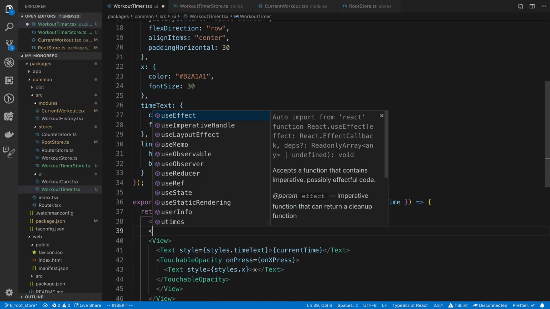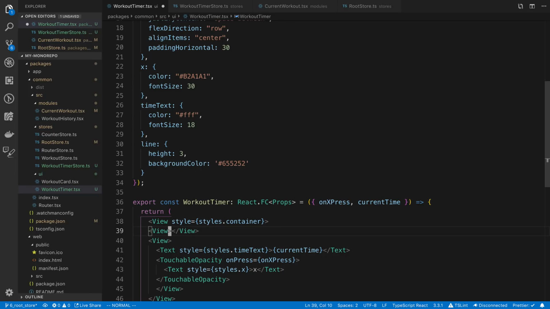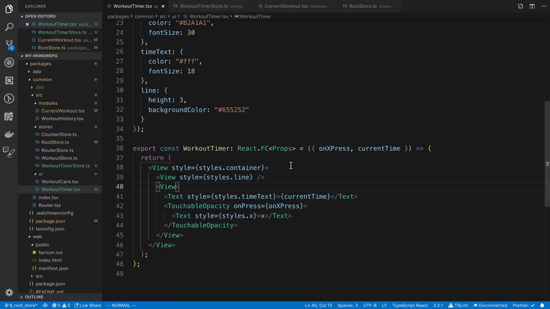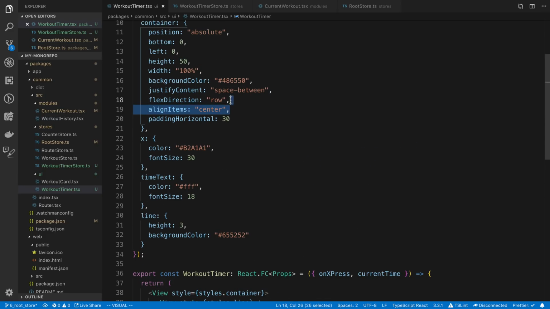And then I want to have a view up here. And this view up here is going to be the line. And it's going to sit out on top. So styles.line. So basically at the very top of the component, I want the line, and then I want this stuff inside of it. But I kind of have some flex stuff going on, so I'm going to have to